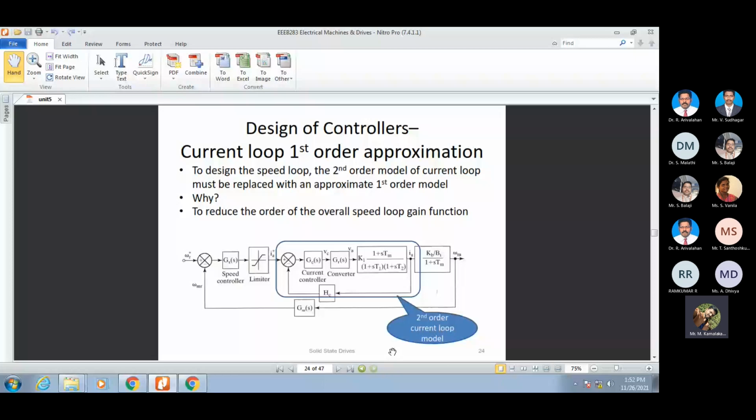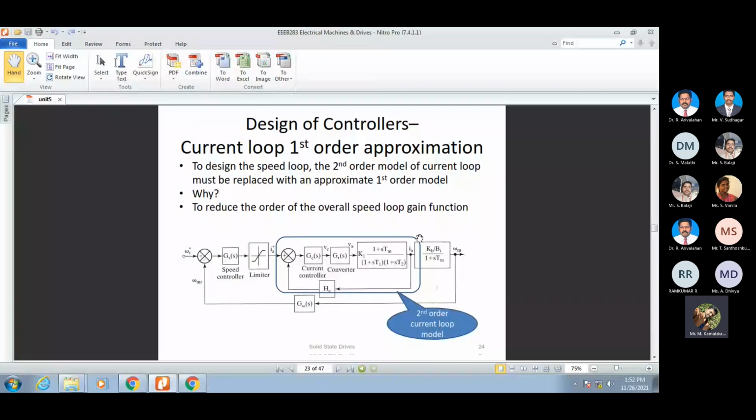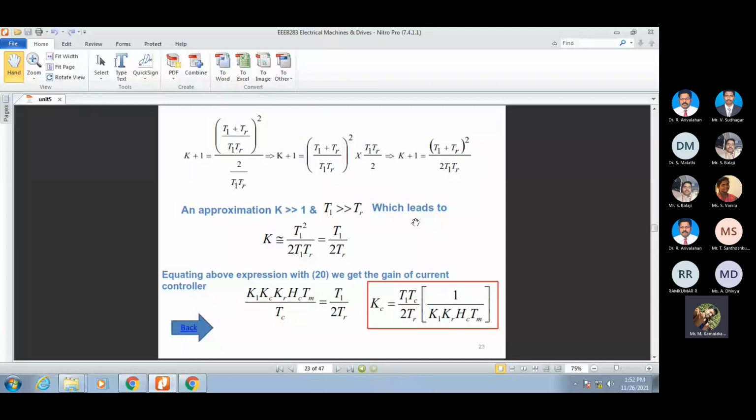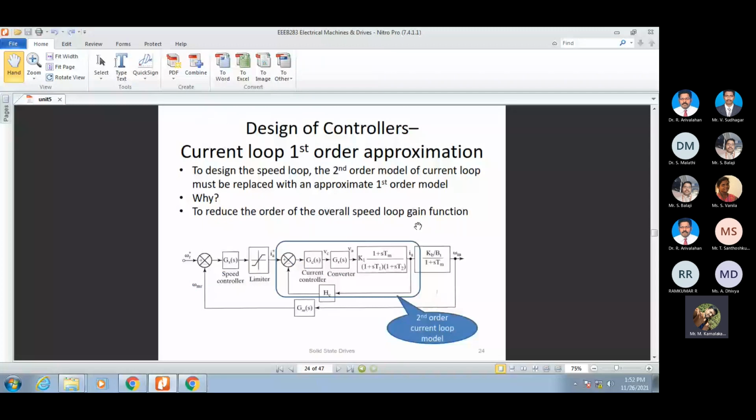After we have designed the innermost current controller part, we are going to design the outer speed control loop. In order to design the overall outer speed control loop, again we approximate the existing current loop with a second order model. Already it is a fourth order. We approximated that into second order by neglecting the value of time, which is very, very small, so that 1 plus s plus tm becomes s plus tm. After that, with the time constants, we make that into t2. We are approximating that into a second order system.